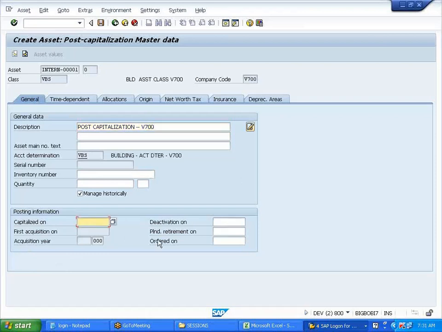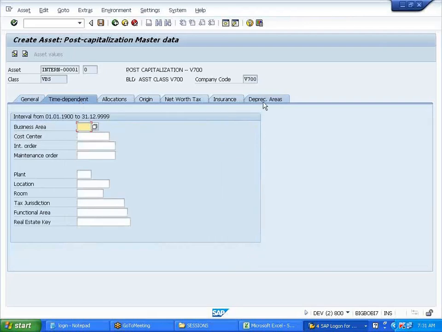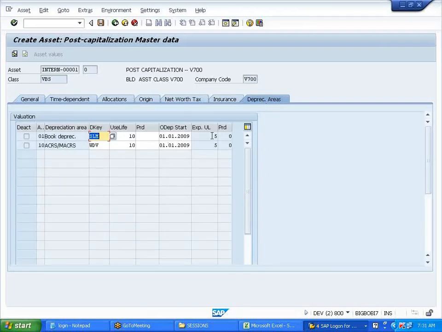So we said this asset got capitalized when? 0101 2009, right? Old asset. If you do not select this, what will happen? This is going through, right? I'm able to do it. See here, depreciation area 2009. So expired useful life is how much?